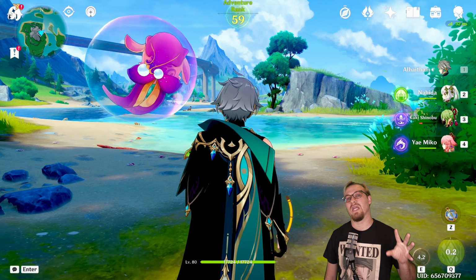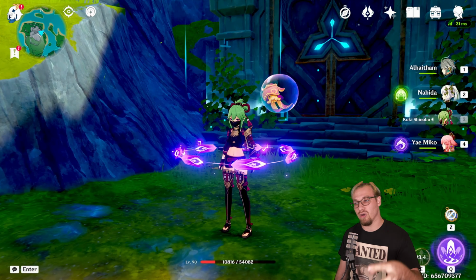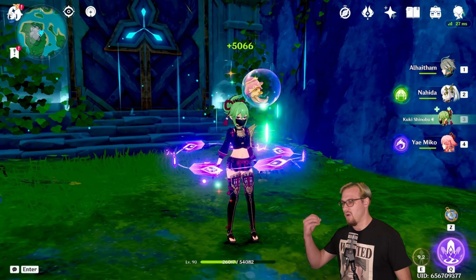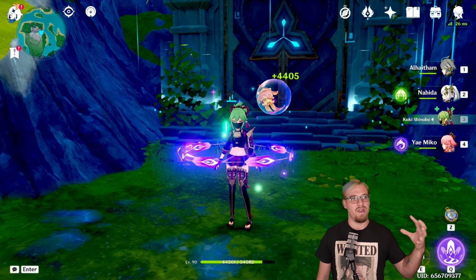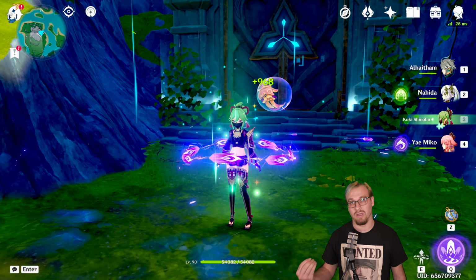Now that is going to be it for this video. I didn't talk about a Chevy overloaded team in this. You most definitely could do a Chevy overloaded team, maybe like Arlecchino, Kuki Shinobu, Chevy, Benny. You could possibly do something like that. That could definitely have enough Electro with Arlecchino to cause the overloaded reactions, with Kuki being the sole Electro user,